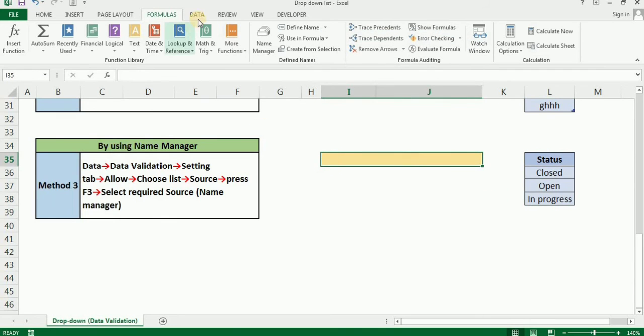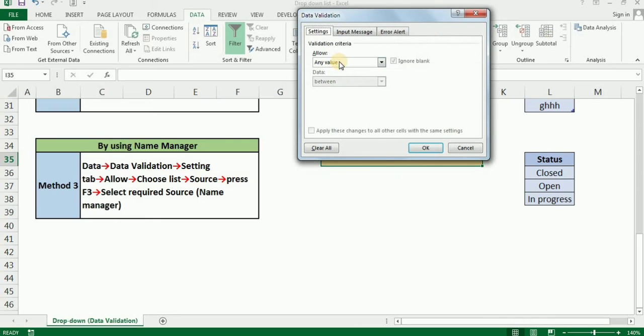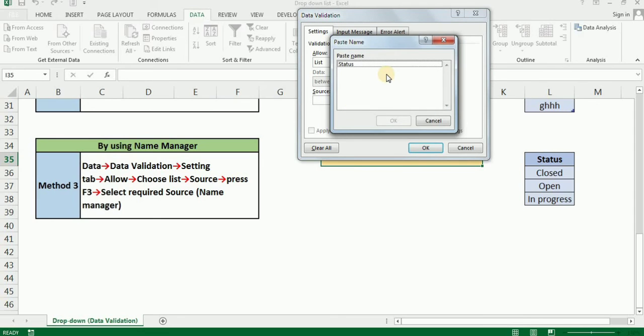Once again I'm going to Data Validation, List. In the source I have to press the shortcut key F3. Once you press F3, you will get a Paste Name box, with the Status. Because I have created only one name, it is showing only one.